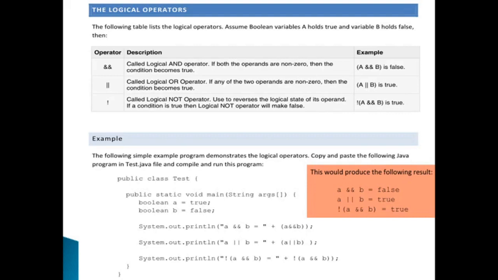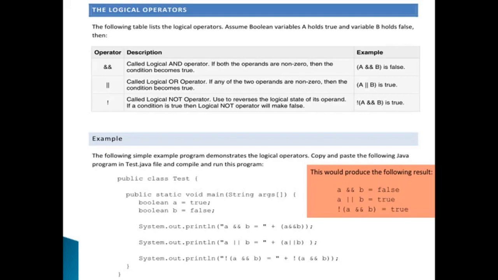Now the other operators in the list are the logical operators. What are logical operators? Logical operators perform a function that tells how two expressions are related.